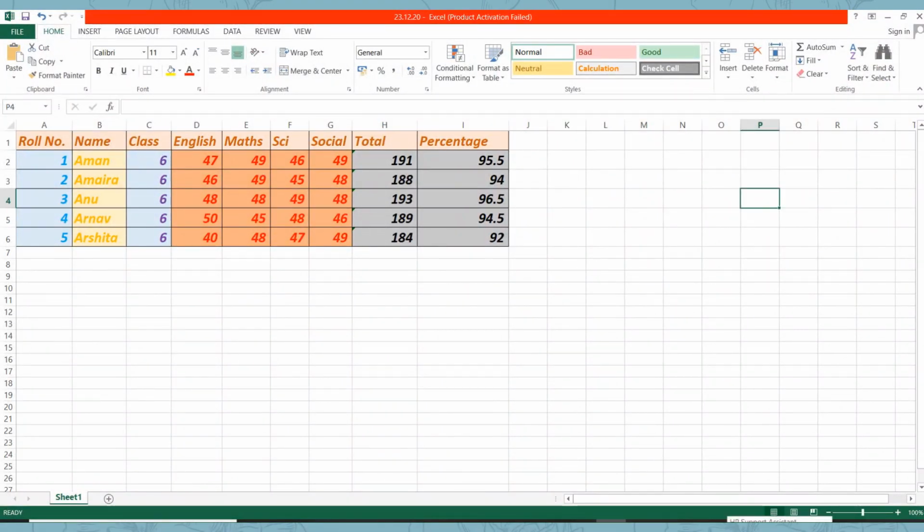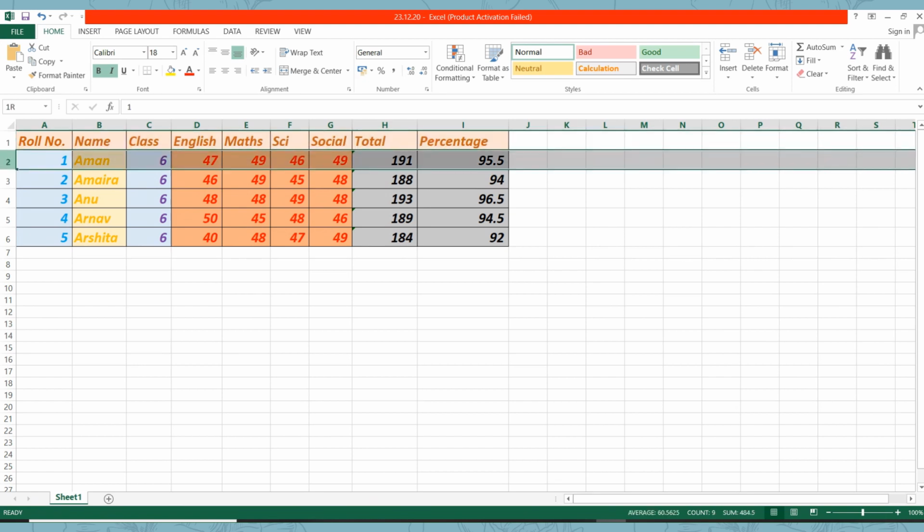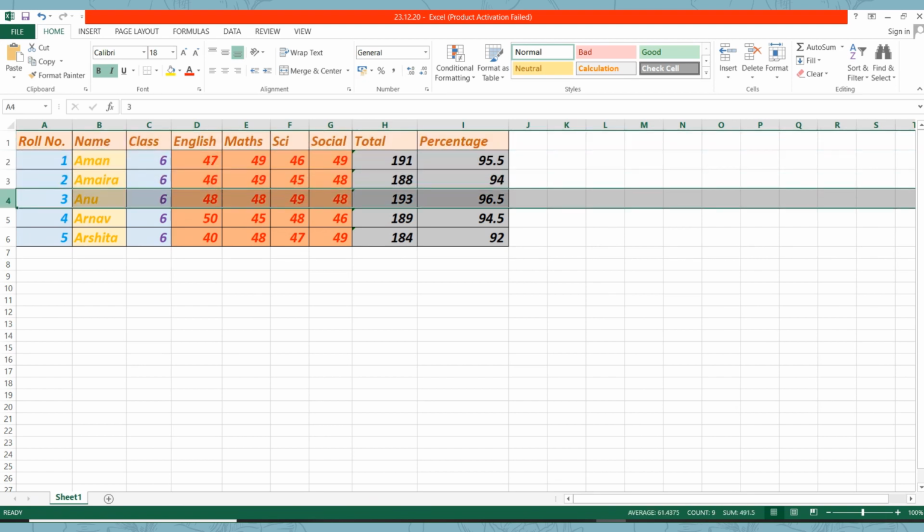Now, let's study how you can select entire rows and columns practically. For selecting entire rows, we have discussed three methods. The first method says click the row heading at the left edge of the worksheet. These are your row headings 1, 2, 3. You have to click on the row headings at the left edge of your worksheet. The entire row will be selected. Clear?